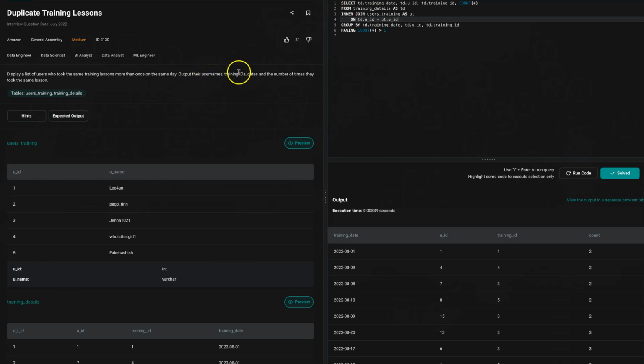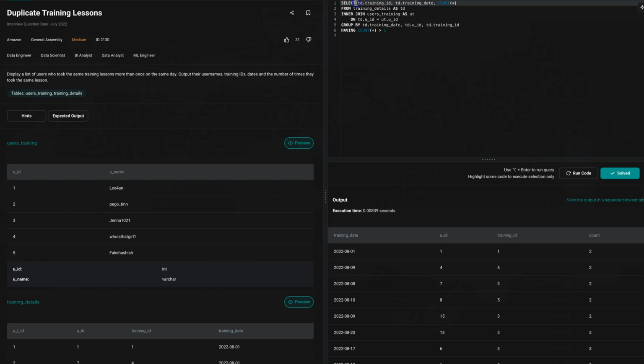So they want the username first and the training IDs, then the date, right? So let's remove this, and they're asking date over here. Just rearranging all that,